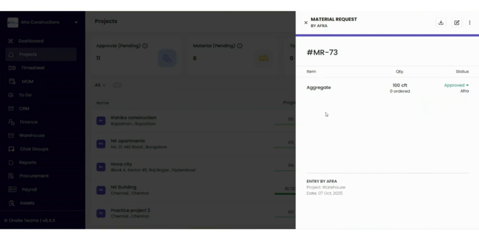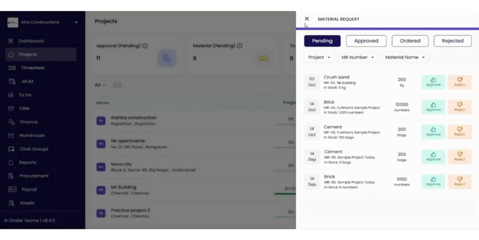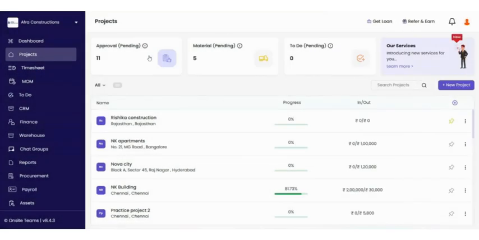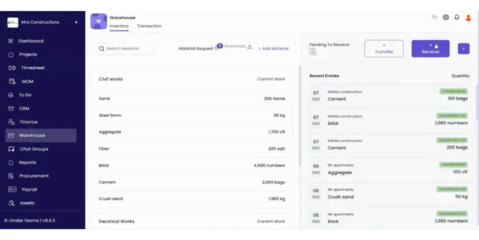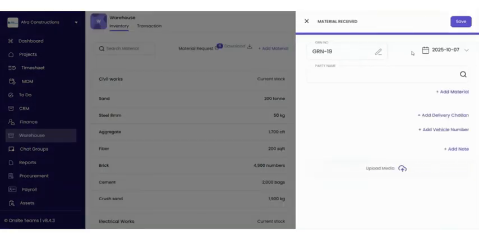Once the request is approved, the warehouse manager can create a receivable entry once the material is received. Under warehouse, receive,